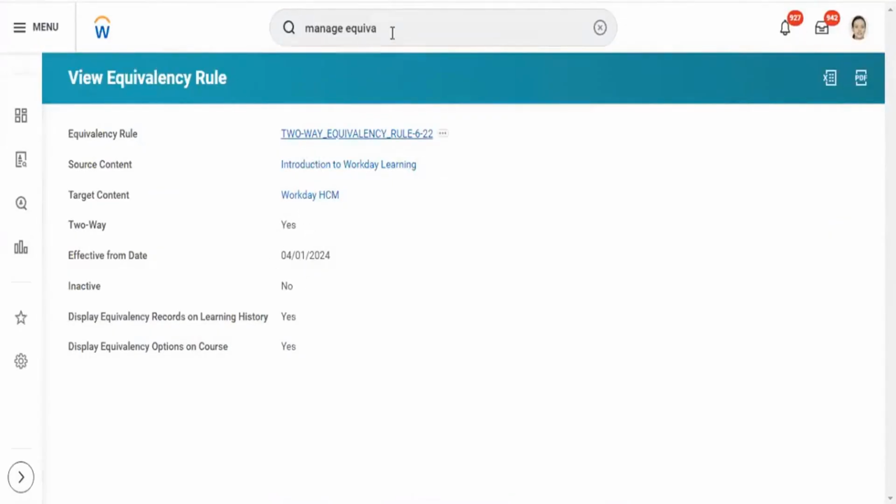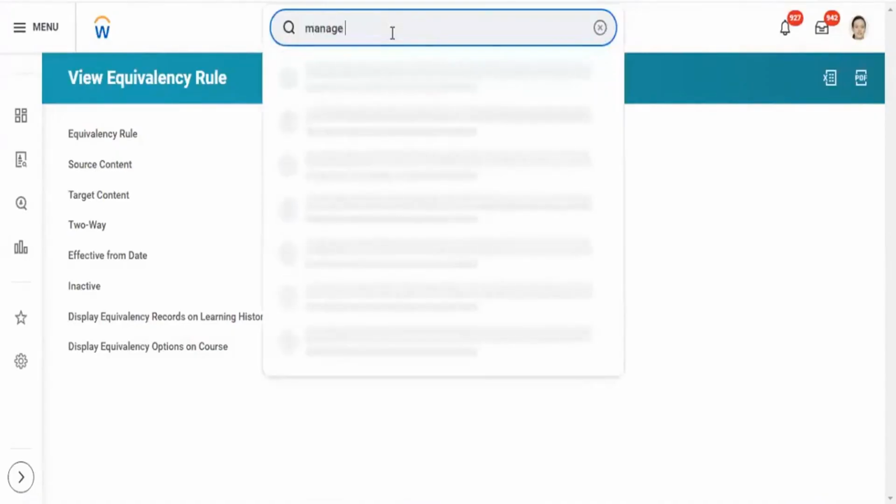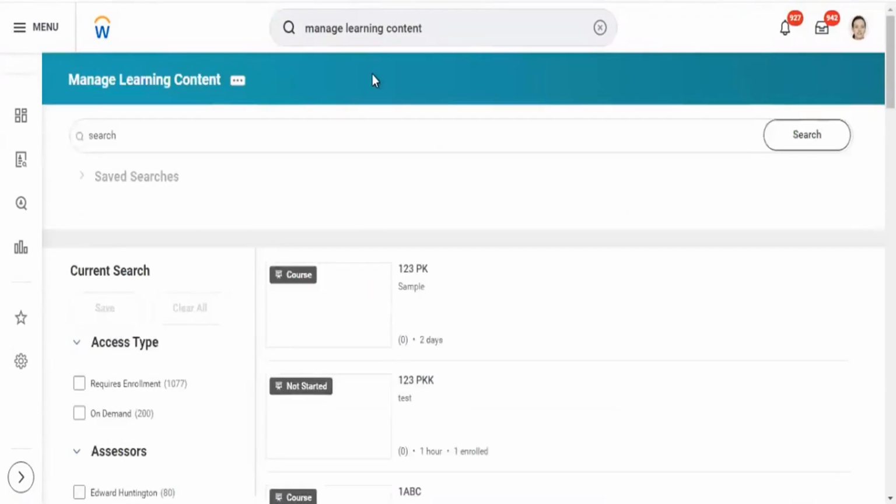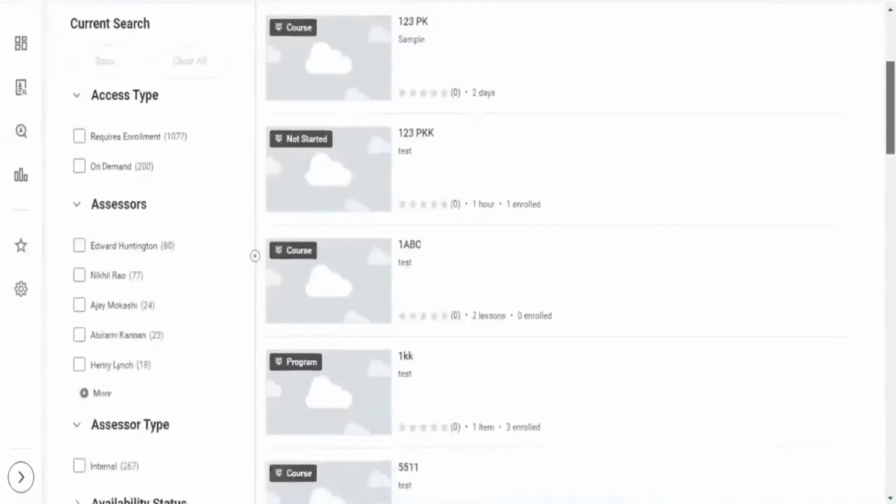Now let's look at another report, which is Manage Learning Content. Here you can see the equivalency rule that we have created.